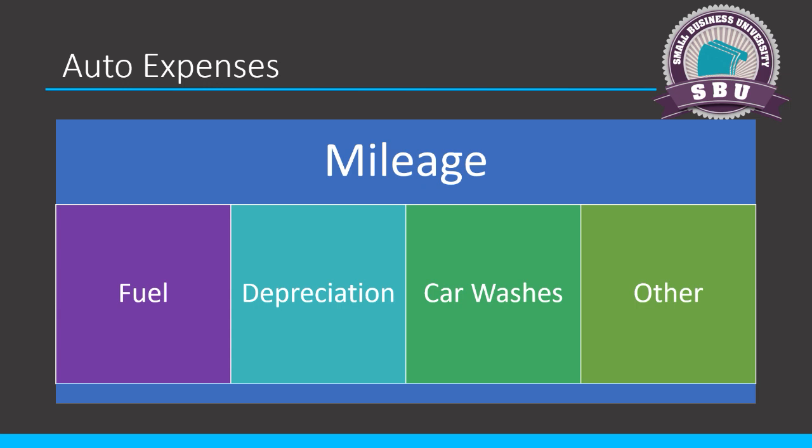So as you're trying to figure out what kind of client this is going to be, get an idea of what their car is and what their driving is like, and that's going to give you an idea whether they're going to use the mileage method or the actual expense method most of the time. A lot of that has to do with the new depreciation rules that went into effect this year. The really expensive cars are going to get these massive depreciation allowances, and then you're going to end up using the actual cost method versus mileage, because they're going to be able to write off these huge amounts in the first year.